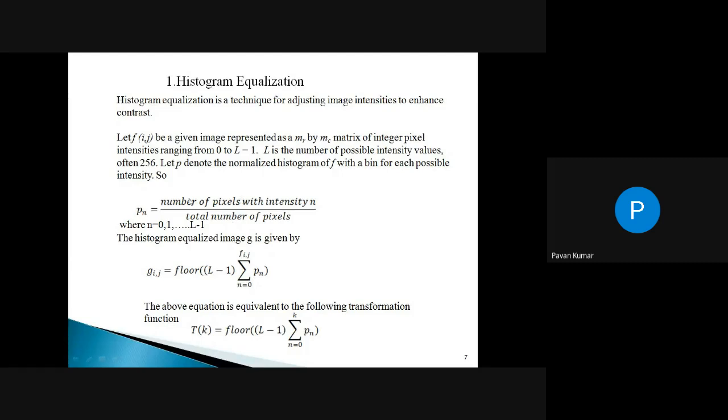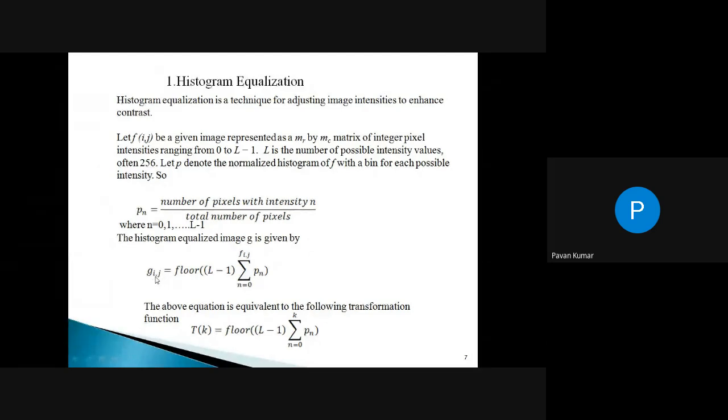After calculating this, the equalization process is performed as g of i comma j is equal to floor of L minus 1 times the summation from n equal to 0 to, like this we can have. Here the floor command will round off the value to the nearest integer. This is equivalent to the transformation function. As already told you, spatial domain techniques operate directly on the pixels of the image, directly on the image plane, based on a transformation function. That transformation function here is indicated by T of k. This is equivalent to this g of i comma j, which is the equalized image